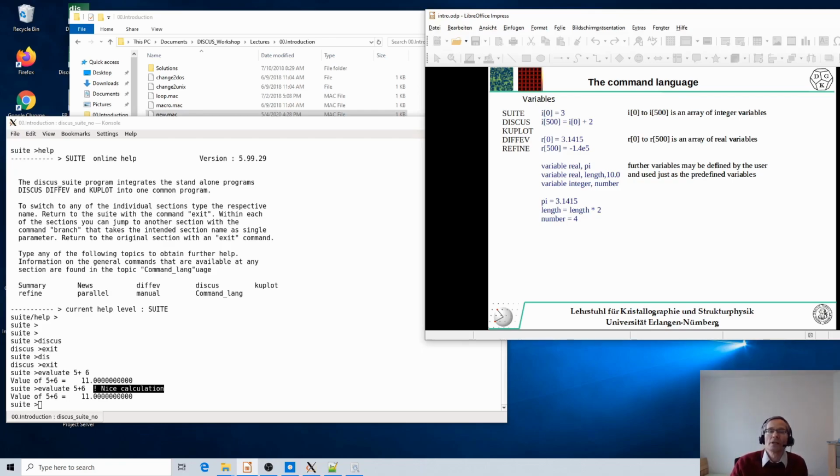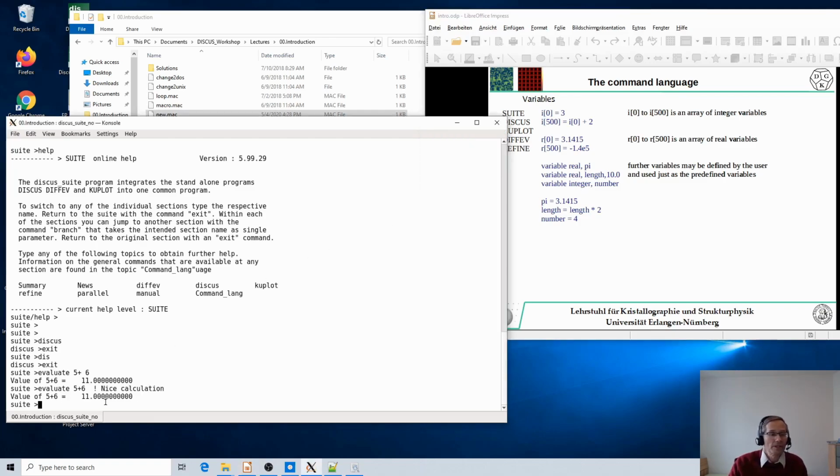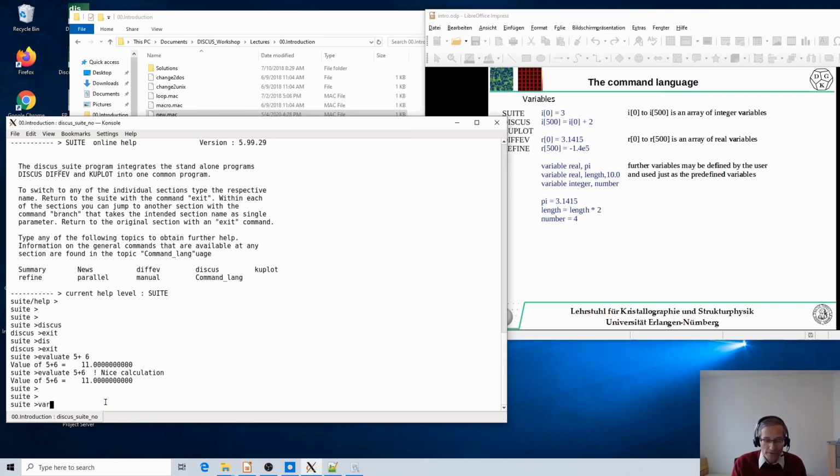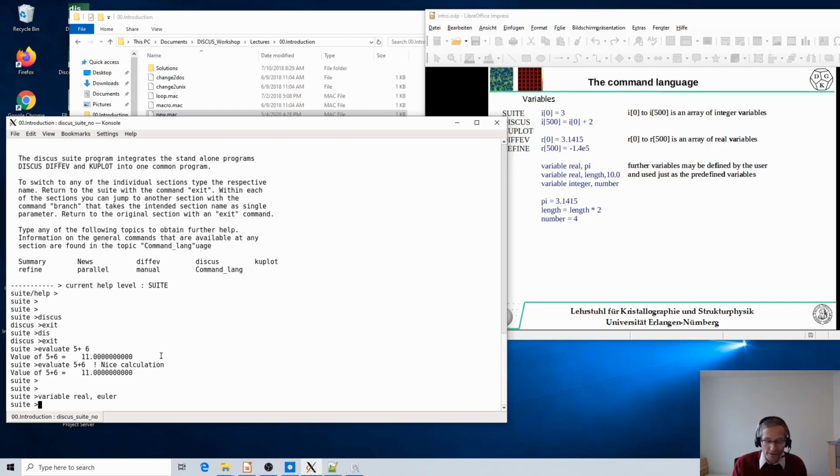So instead, DISCUS allows you to build your own variable names, and therefore you have a command called variable to do this, a qualifier that types the type of variable. Is this a real valued number, like here 3.1415, or is it an integer number, a whole number that is restricted to values like 1, 2, 3, and so on. So as a demonstration here, if we type variable real, comma, we can type here variable real Euler and say the